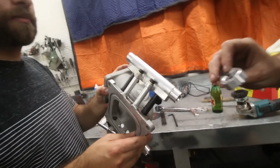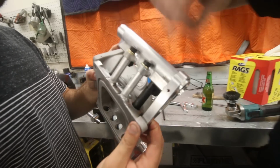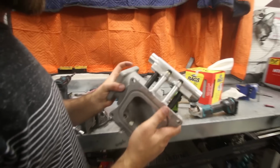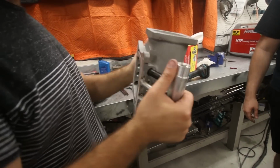Looks good. It's going back on, and the other problem with this was the old setup, by the way. The rail could rotate in that, and it opened up on this side and spat fuel out. Yeah, so that problem's now been dealt with. We've already ground the bottom, so it's sort of kind of flat. Does look like a cool steering wheel. Yeah, now it's like a sick fucking...